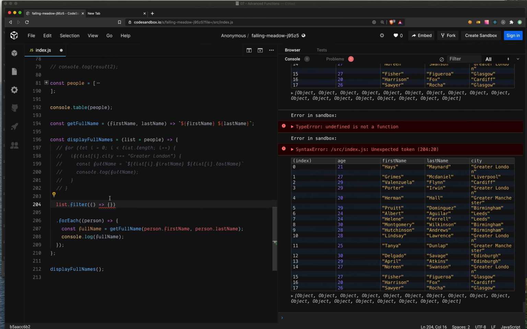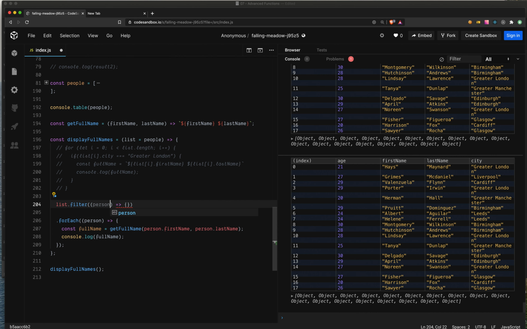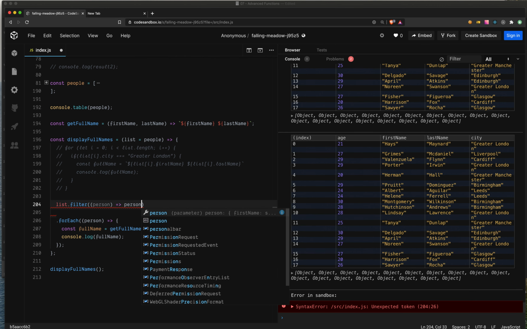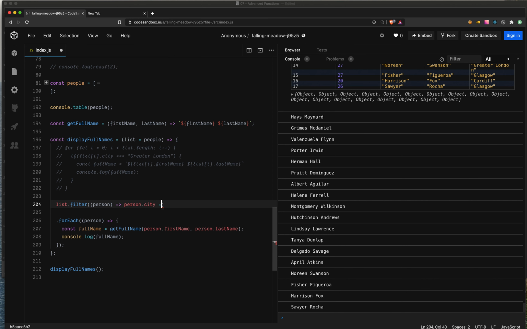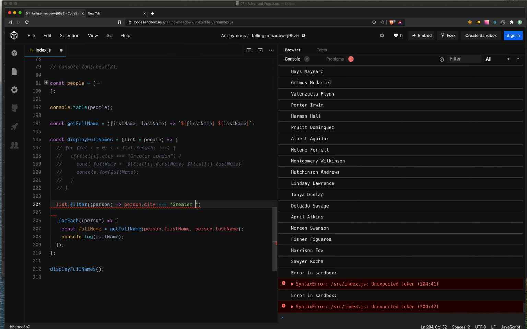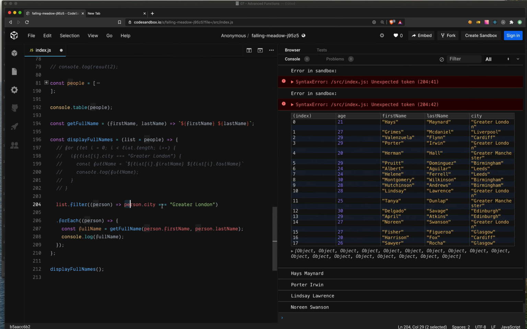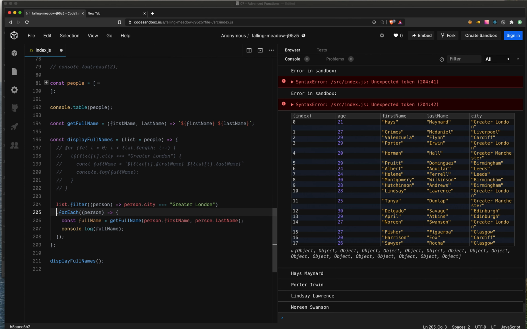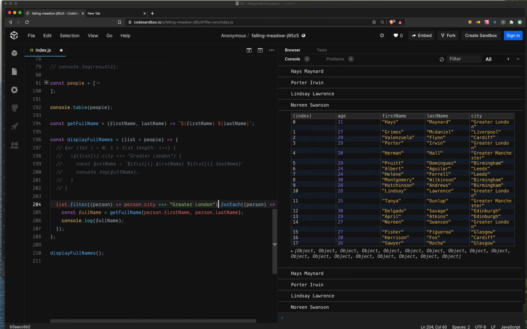So let's get our arrow function again. Yeah, so let's say person again, and then what we want to do is check if they're in the city of London. So what we can do here is person.city is equal to Greater London. So as you'll know, this is a comparison. So we're checking the city against Greater London. And basically we're just going to chain that on to filter. Now let me just put this on a separate line here,